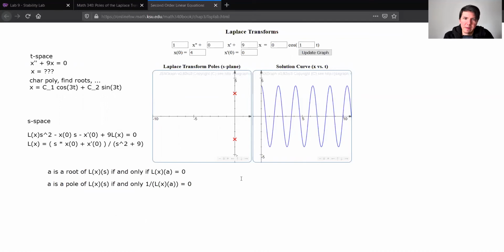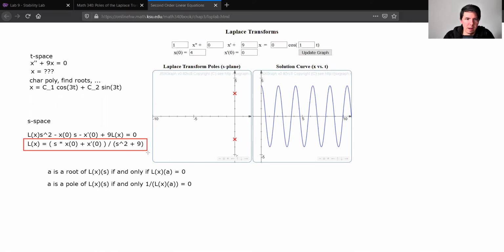Another way to think about it is if you can substitute A into the denominator in a rational expression, and what you get out is 0 in the denominator, that would be another way of saying that A is a pole. For instance, just to make sure that this makes some sense and is useful to you, if we look at the following